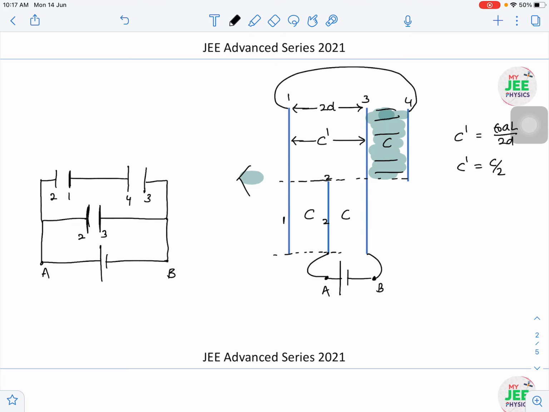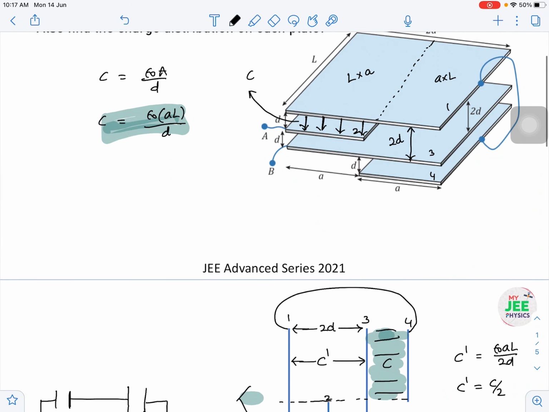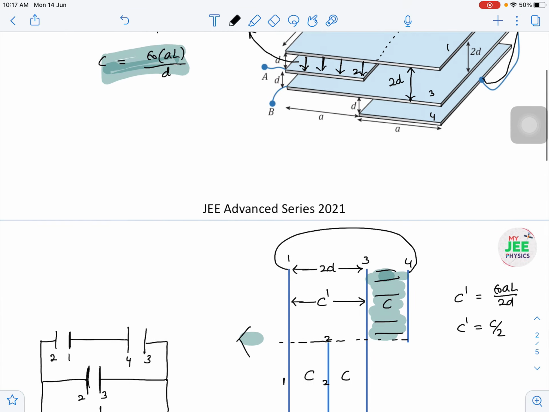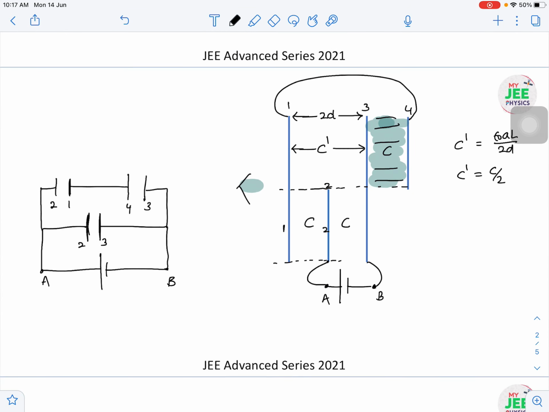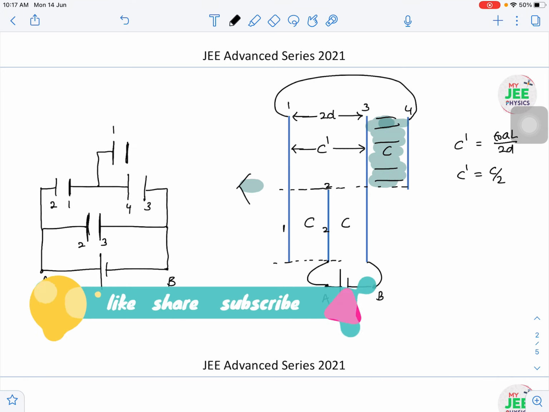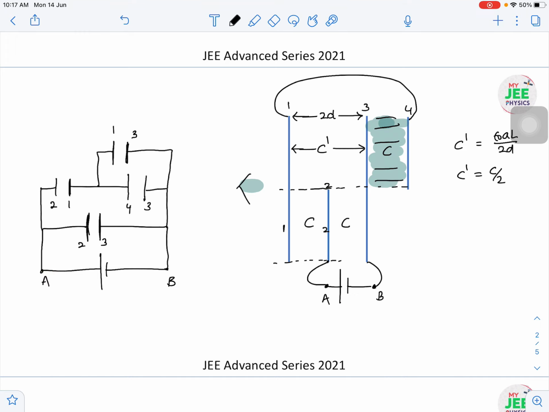We can conclude whether capacitance is formed or not, how much charge will be there, so many things we can conclude. So 1 and 4 I can connect, because 1 and 4 are connected by a conducting wire. I think you have seen it in the diagram. This is the wire, 1 and 4 plates are connected. Next, one more capacitance is there, that is C dash, between 1 and 3. 3 is connected to the negative terminal, 1 is not connected to positive or negative, but 1 is connected to the fourth. So I can draw half of the first plate here, and half of the third plate here. The third is at the same potential, connected to the negative terminal.